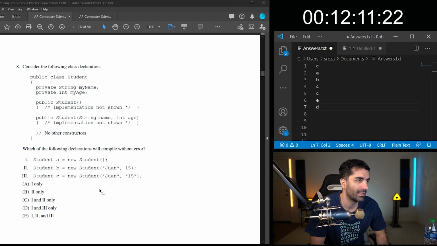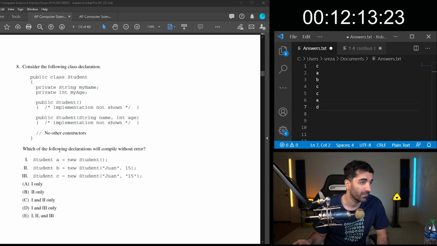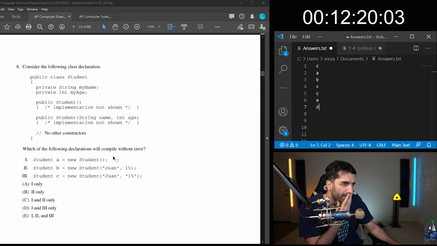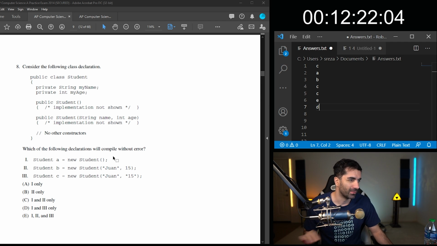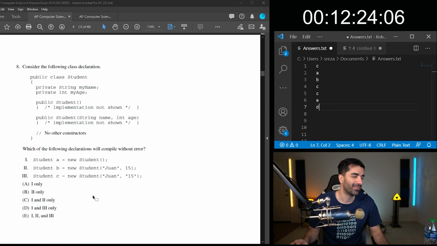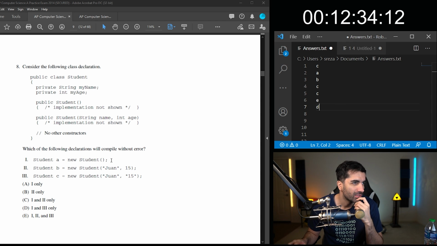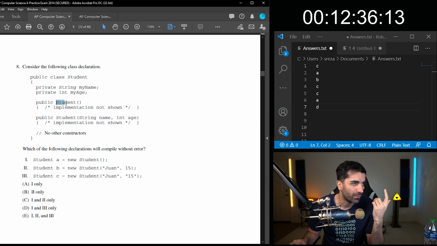Consider the following class declaration. Which of the following declarations will compile without error? Oh, it's one of those where it's like 1 and 2, 1 and 3. Oh, God. Okay. Let's see. So student A equals new student. This should work because it would just be the first constructor, right?